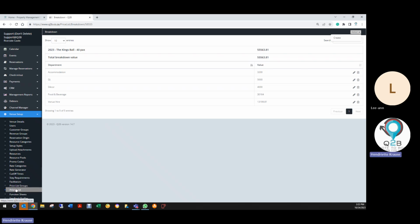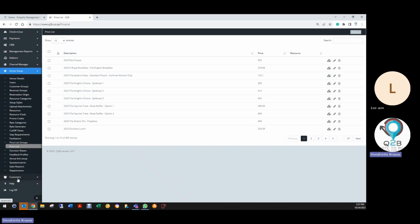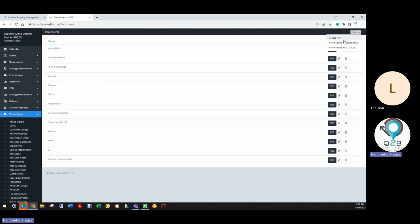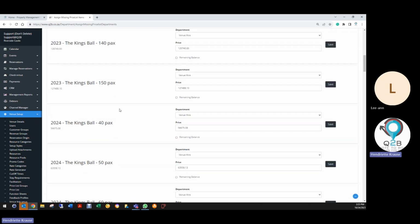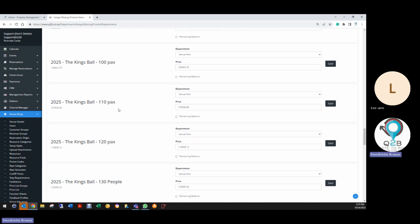Okay, so that was one thing. If you can go and do it from here and then double check yourself at the end, and you say find missing prices items, it will show you all the items that weren't allocated yet, which is quite a lot for you to do still. But yeah, even if you can start with